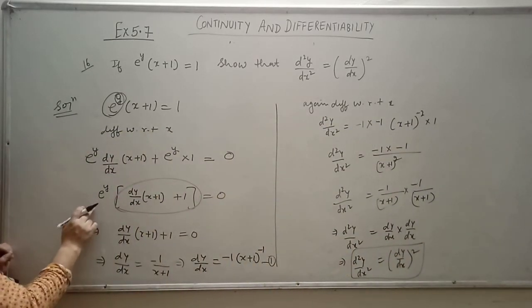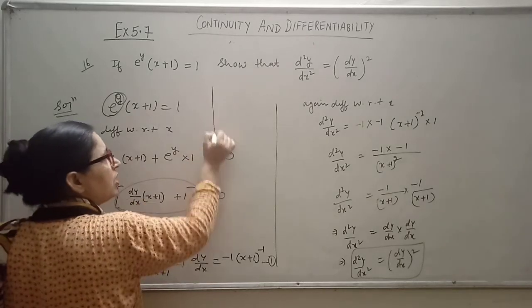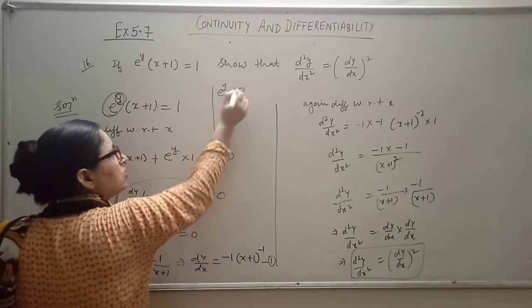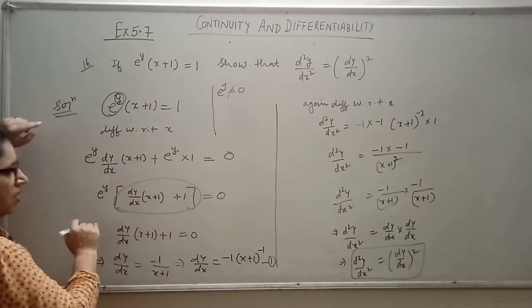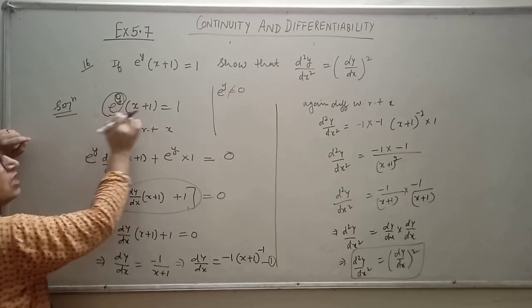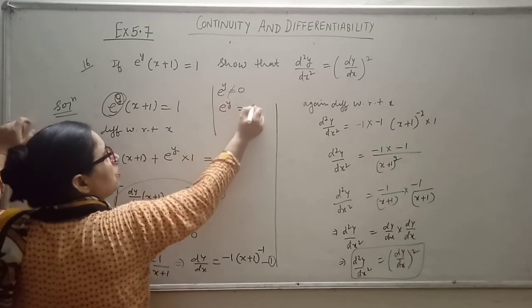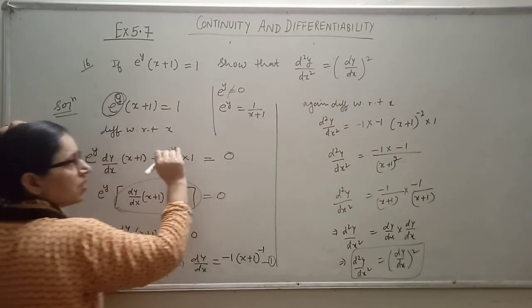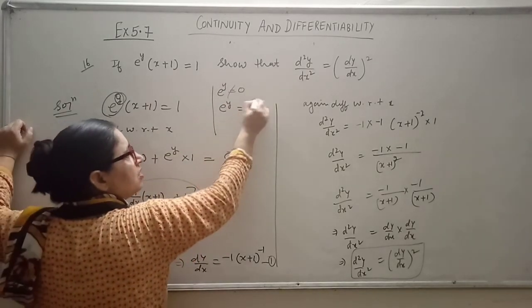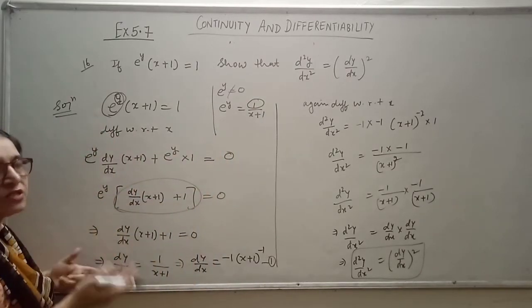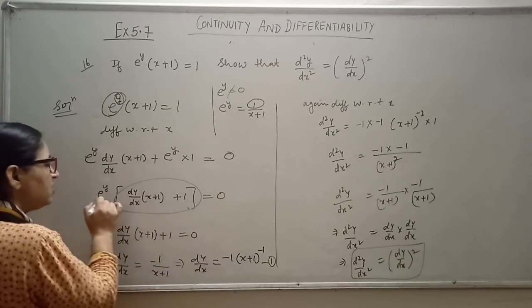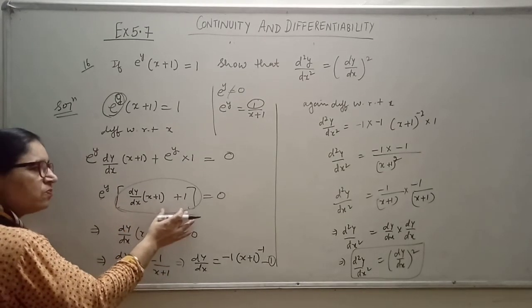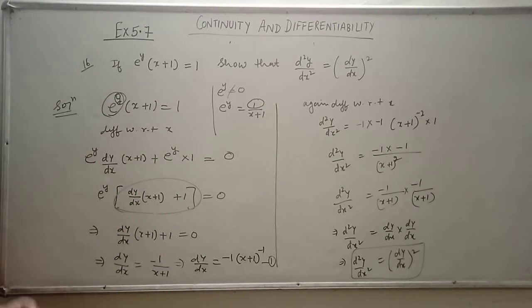But students, you might have seen that I have taken this factor equal to 0. I have avoided that this is equal to 0. I avoided it because e raised to power y is not equal to 0. I told you. Otherwise you can see from here too. Why? Because look, what is e raised to power y? e raised to power y is equal to 1 upon x plus 1, right? So tell me, when in the numerator there is 1, how is it possible for it to be equal to 0? It is impossible. So that's why this is not equal to 0. I have taken this factor only equal to 0.